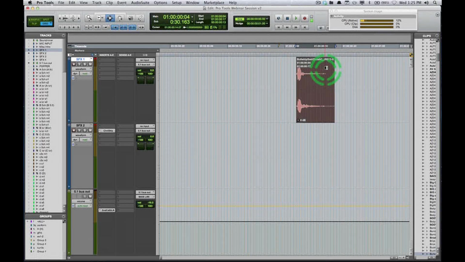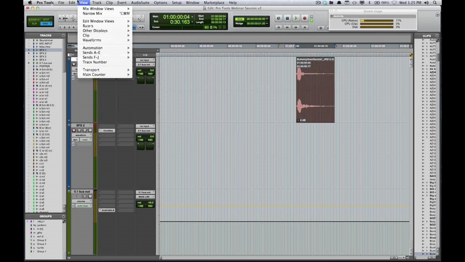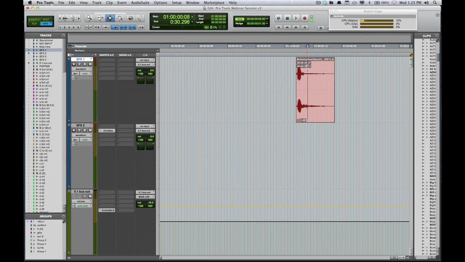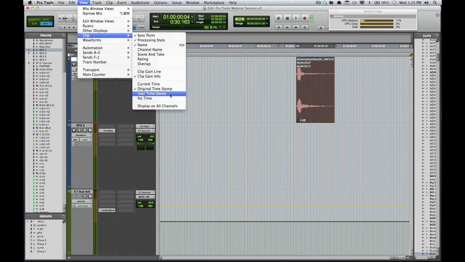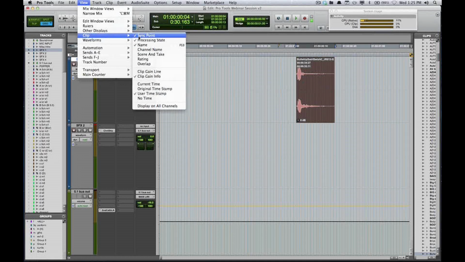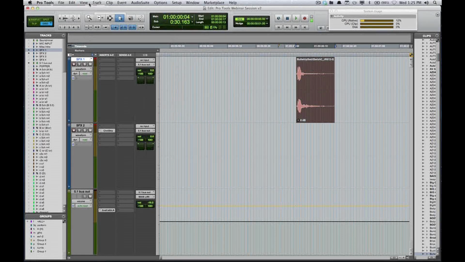Great little feature, good to know about. It's also handy if you want to view Clip, Original Timestamp. So if I'm on set, I'm recording, I'm getting my dailies ready, you've got access to the original timestamp for when things were recorded. There's a couple other options, user timestamp. Then of course, no timestamp at all.